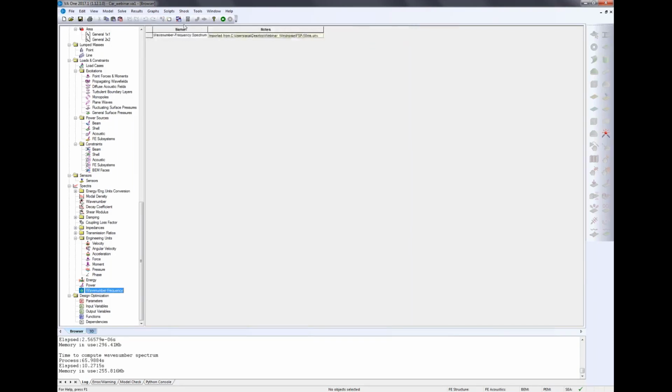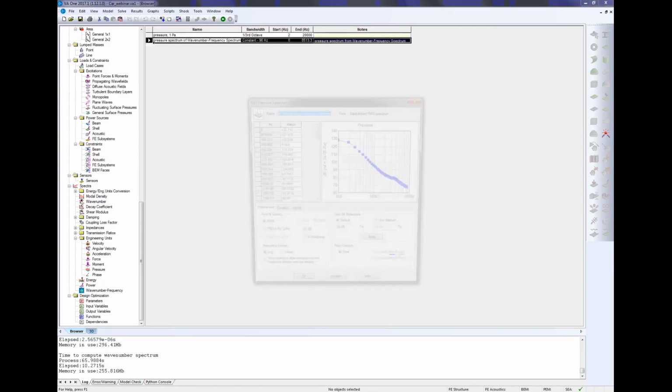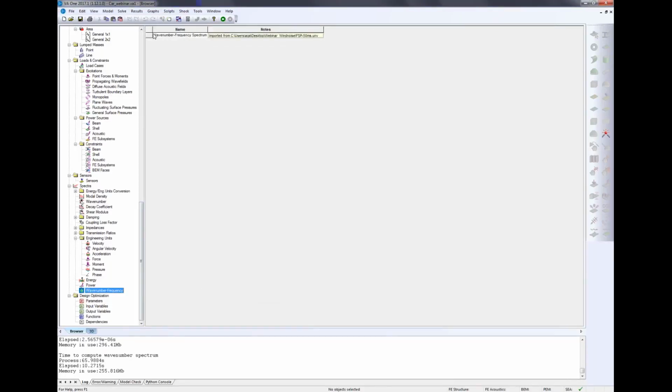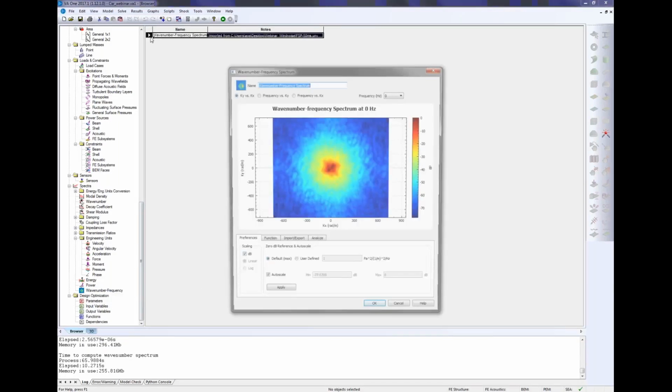So this one here. I will take a look first at this pressure spectrum, this scale factor. Here you can see it in dB form. And just go back here to the wave number frequency, which is the most interesting result.